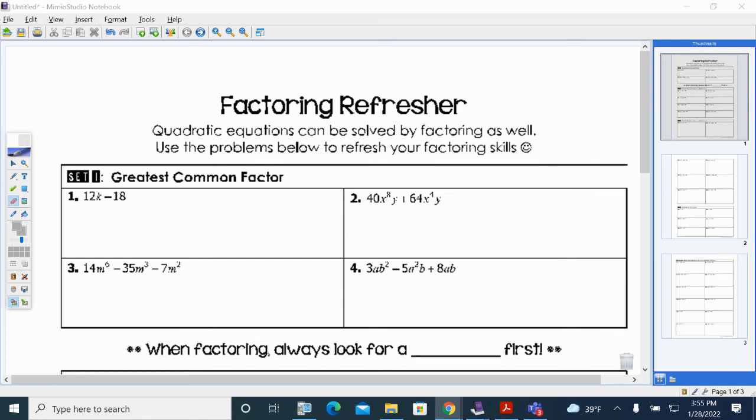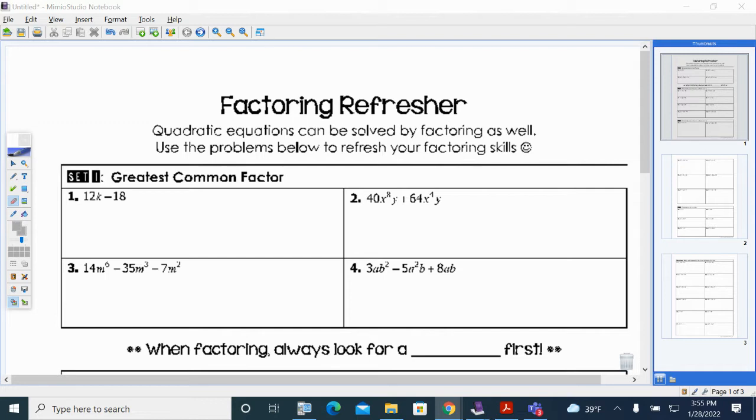This video is a factoring refresher. This is not going to be part of any unit, not part of any chapter. This is just my way of reviewing with you how to factor. And the reason why I do this is because one of the methods to solve a quadratic equation is to